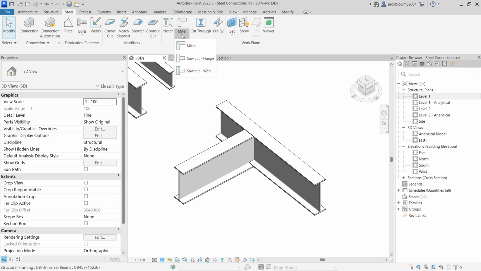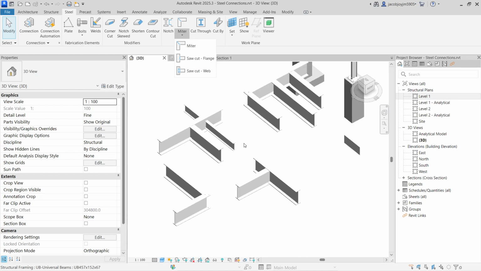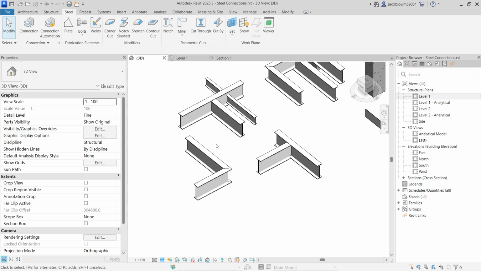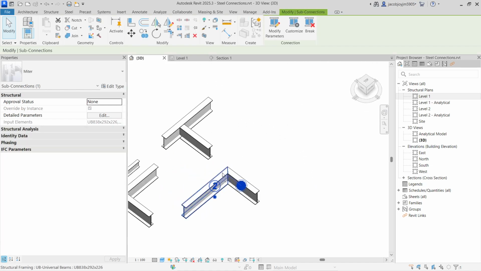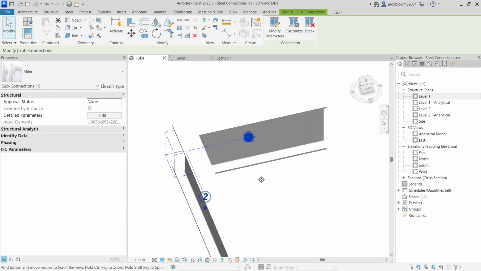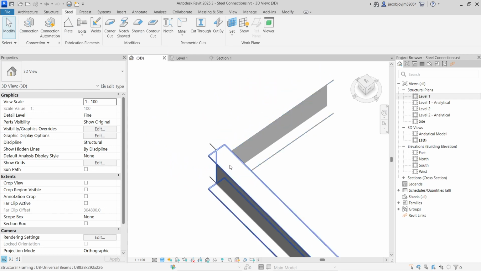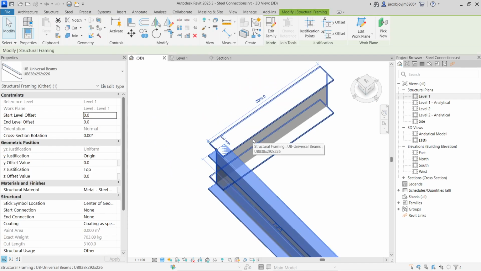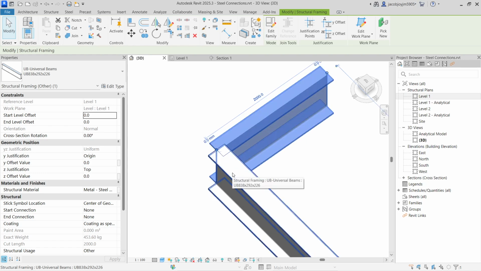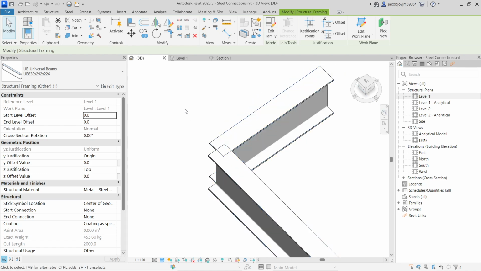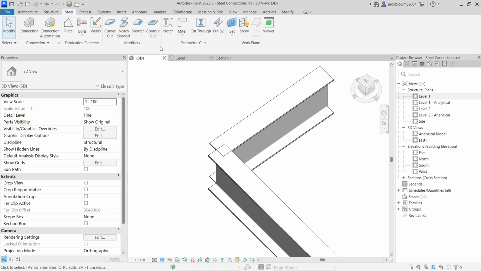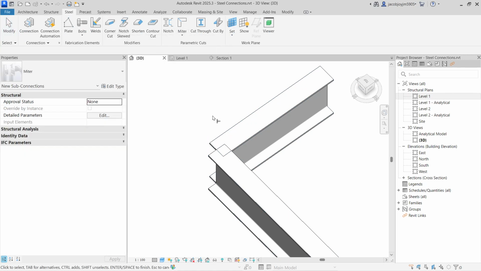The second one is for miter. In case we have a corner, I can show you better. I'm going to remove the modifier now. Let's say I have these two beams. In case I want to connect these two beams with a miter connection, I can directly go to miter, and then you can see